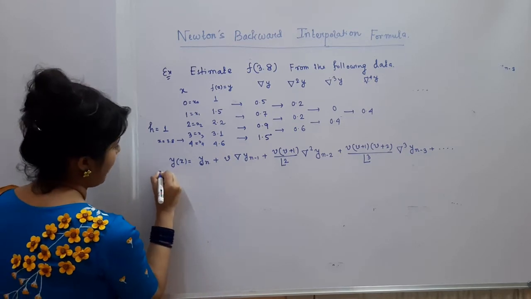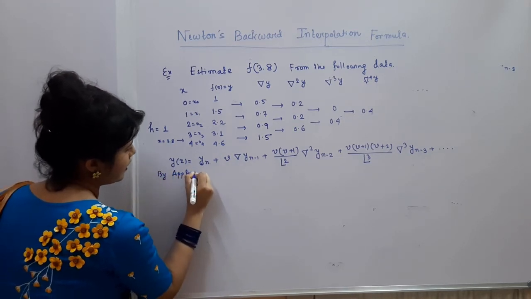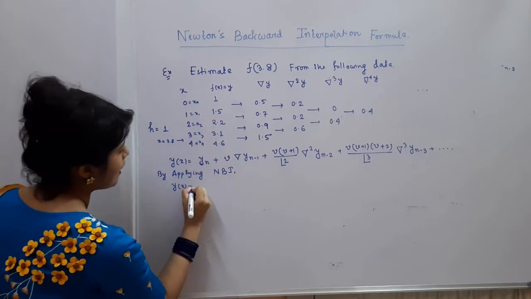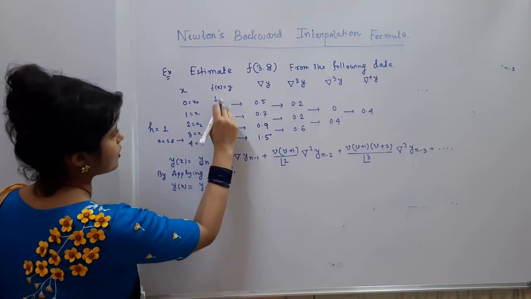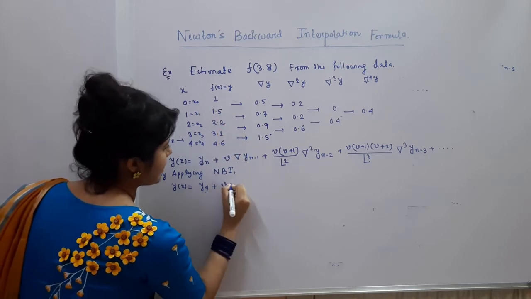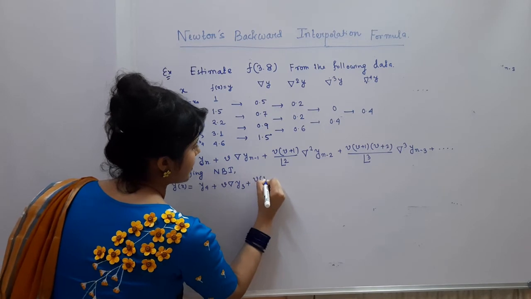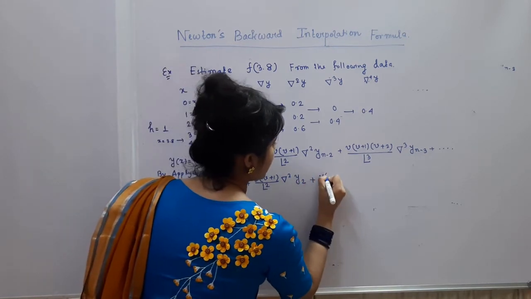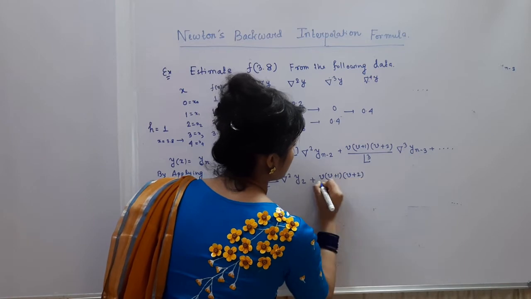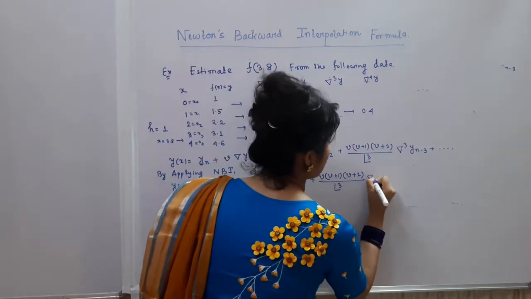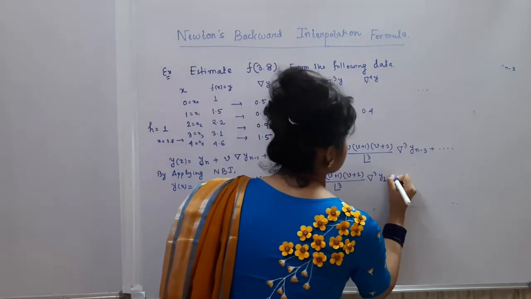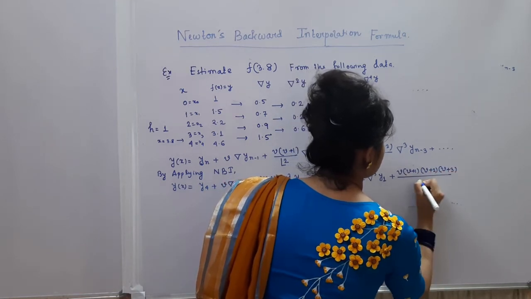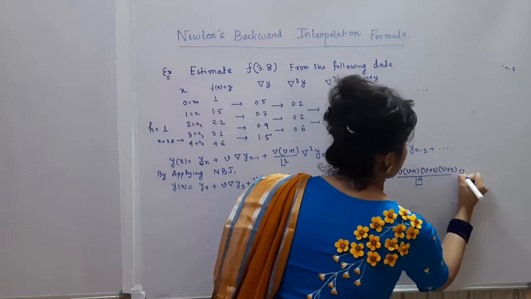Okay, so by applying Newton's backward interpolation, we get here for this problem y_x equal to y4 plus v into delta y3 plus v into (v plus 1) by factorial 2 into delta square y2 plus v into (v plus 1) into (v plus 2) divided by factorial 3 into delta cube y1 plus v into (v plus 1) into (v plus 2) into (v plus 3) divided by factorial 4 into delta 4